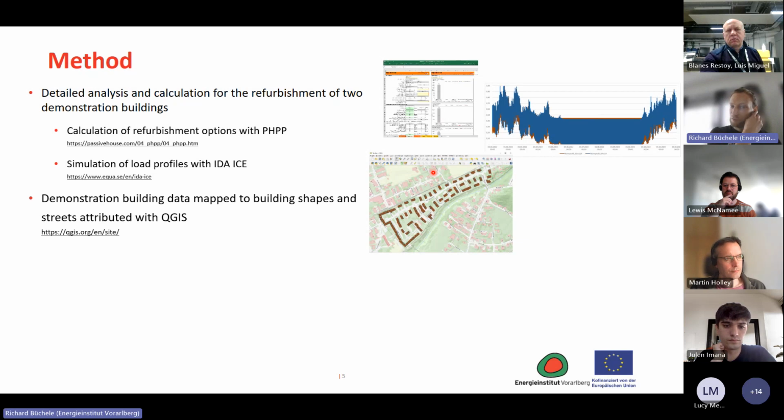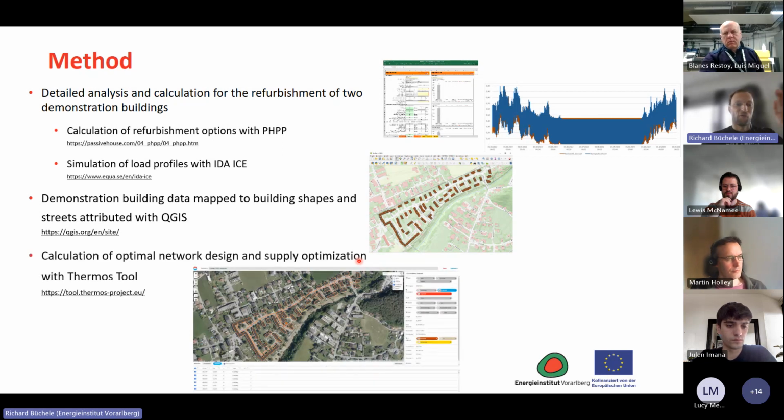Then I mapped the information we had for the 2 buildings. So these were 2 demonstration buildings, and then I mapped them to the remaining buildings. And I used QGIS, so quantum GIS, for this to attribute all the other buildings according to their information. And then in the last most important step, we used this data of the buildings and integrated this into the THERMOS tool and did there the calculation of the optimal network design and